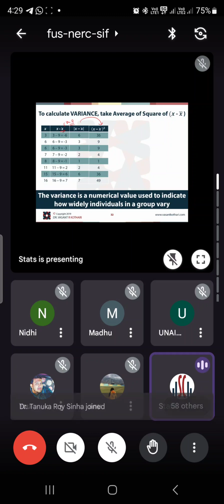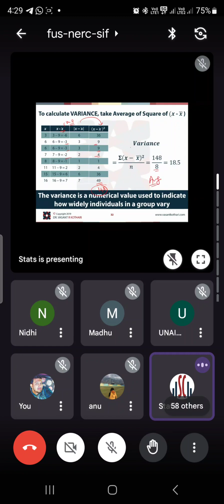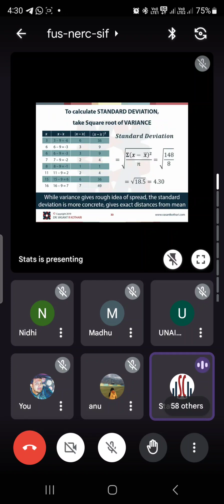So minus 6 becomes 36, minus 3 becomes 9, minus 3 becomes 9, 2 becomes 4. Like that, we got all the numbers, and the total of this is 148. And when we take the average, so first we did a mean difference, then we did a square, and then we took the average. So 18.5 is the variance, and when you take the square root of this in the next example,